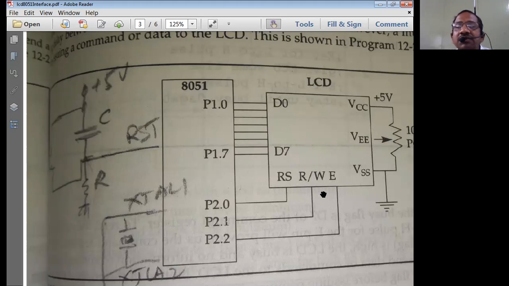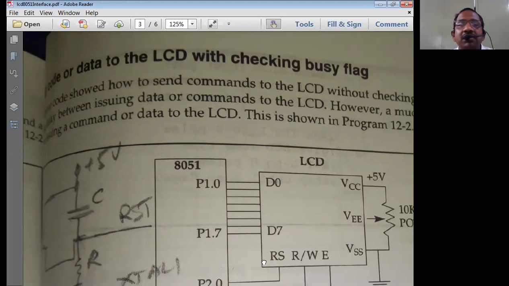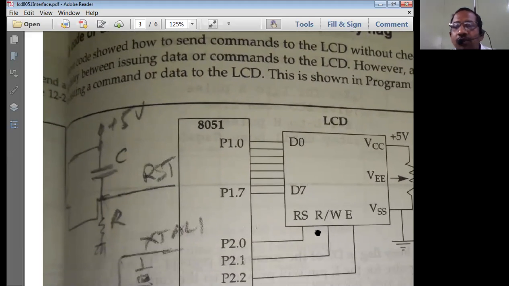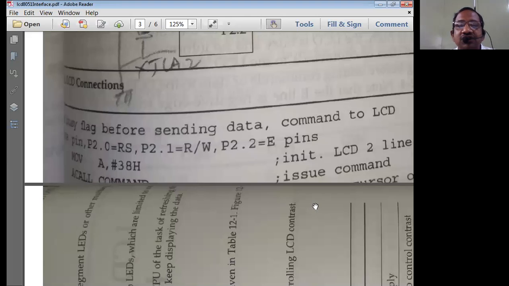Now, in the case of this LCD display unit, whatever the type of LCD, whether it is 16 by 2 or 32 by 4, these ports are used in exactly a similar manner. We are not going to have any changes in these ports. This is the advantage of using the 8051 microcontroller to interface an LCD. So we'll try to go with the program. Before that, we first have to go through the basic instructions.